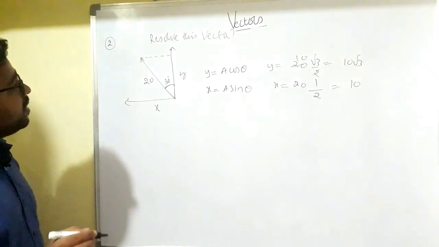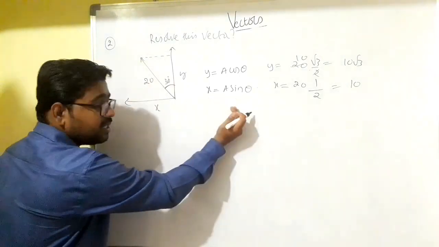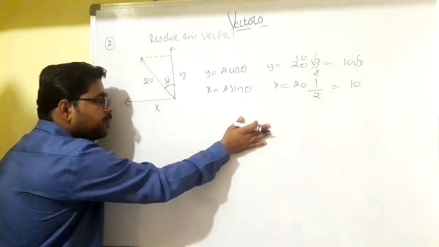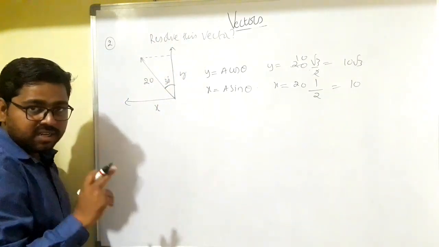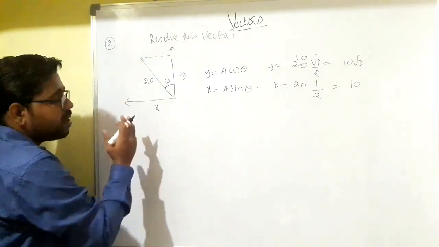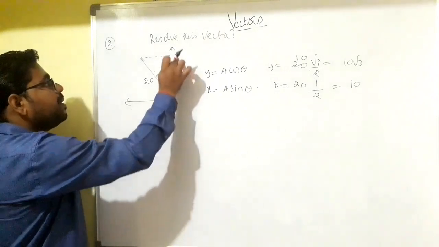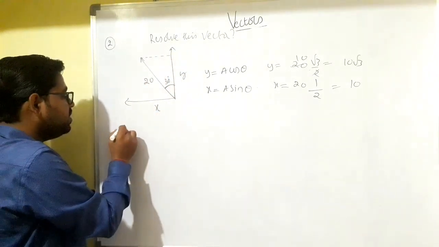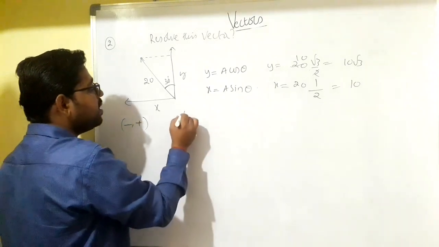Okay. Now the thing is that in the previous case it was in the first quadrant, x also positive, y also positive. Now what matters is the direction here. In which particular quadrant is it? The second quadrant. So x component has to be negative and y component has to be positive. So the value should be minus comma plus, right? So a vector turns out to be like this.